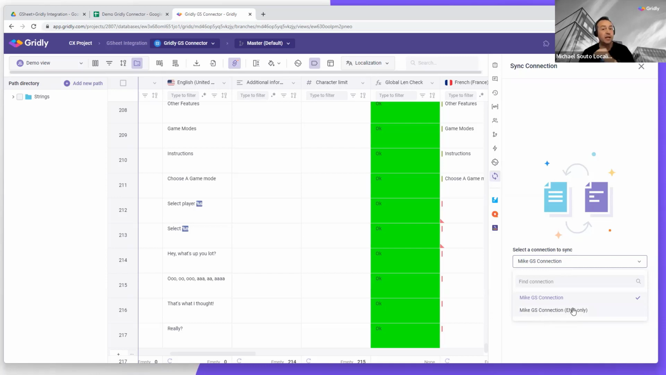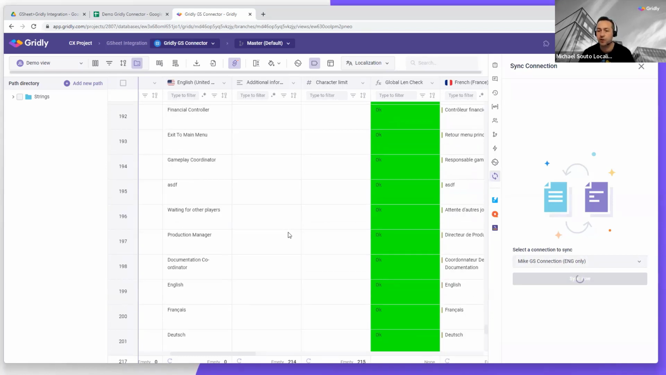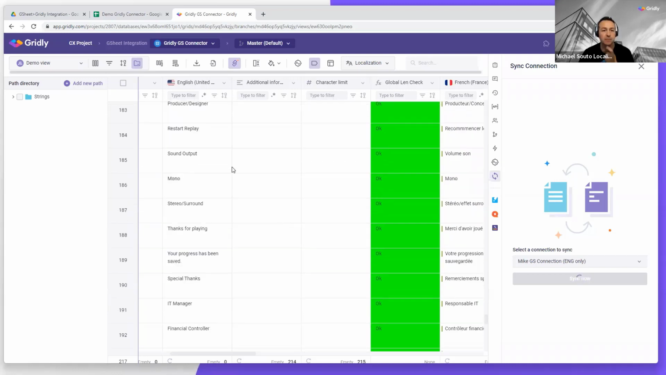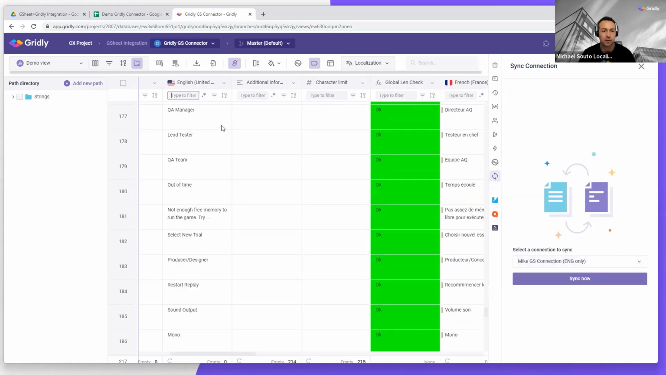So I've created a separate connector just to do this, and I'll choose the English only. If I now sync that, once that refreshes, then we can go and find that particular string. So if we select the ID, if it's over here on the left,